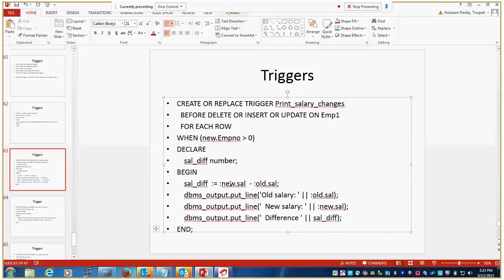Right now you try to update 2000. In the place of new dot sal, the trigger will take 2000. In the place of old dot sal, the trigger will take the old salary, 1000 rupees.